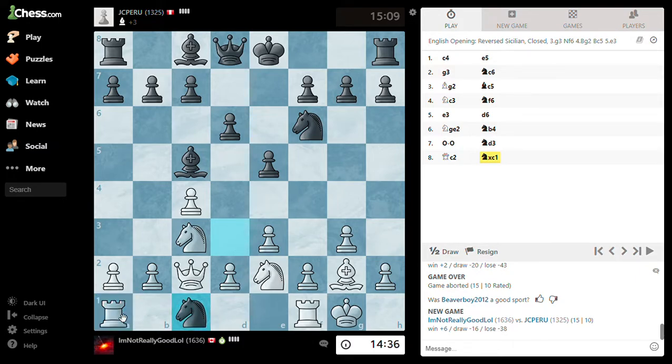I mean, I'm sure it's not that great, but we can just... I don't know, taking with either piece is fine. I don't think he played that well. Once again, he's only 1300. Now, usually you play this move when there's a bishop here, but now I don't really see the point